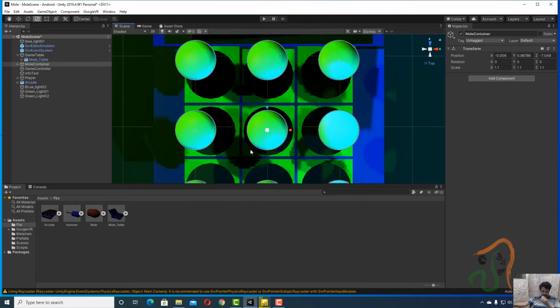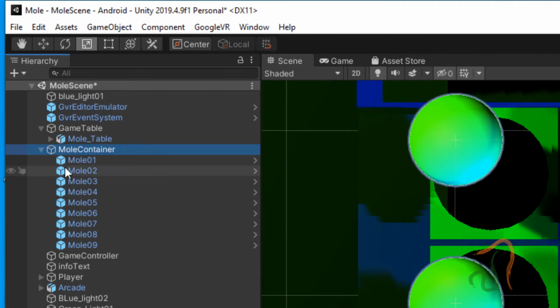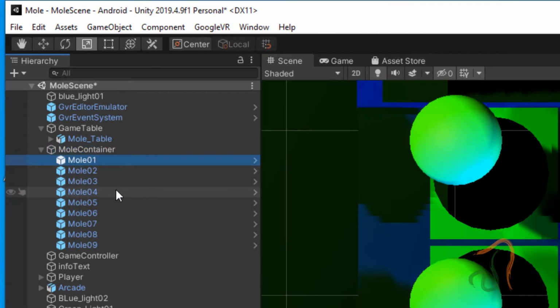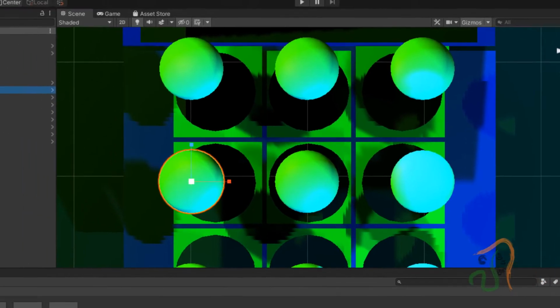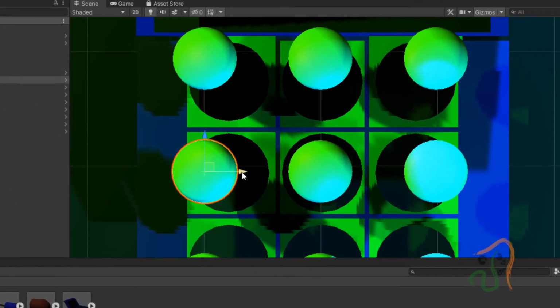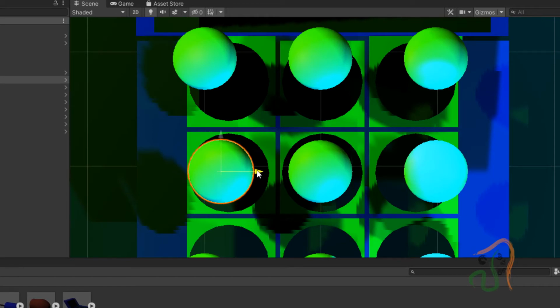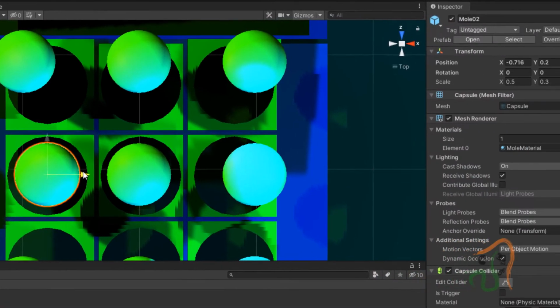Now come back to the scene. What we shall do is select the mold container, and inside the mold container, this is mold 1. Select mold 2 here, and with mold 2 selected, select the move tool and see how much the value changes along the x. Let us move it here, previously somewhere here.